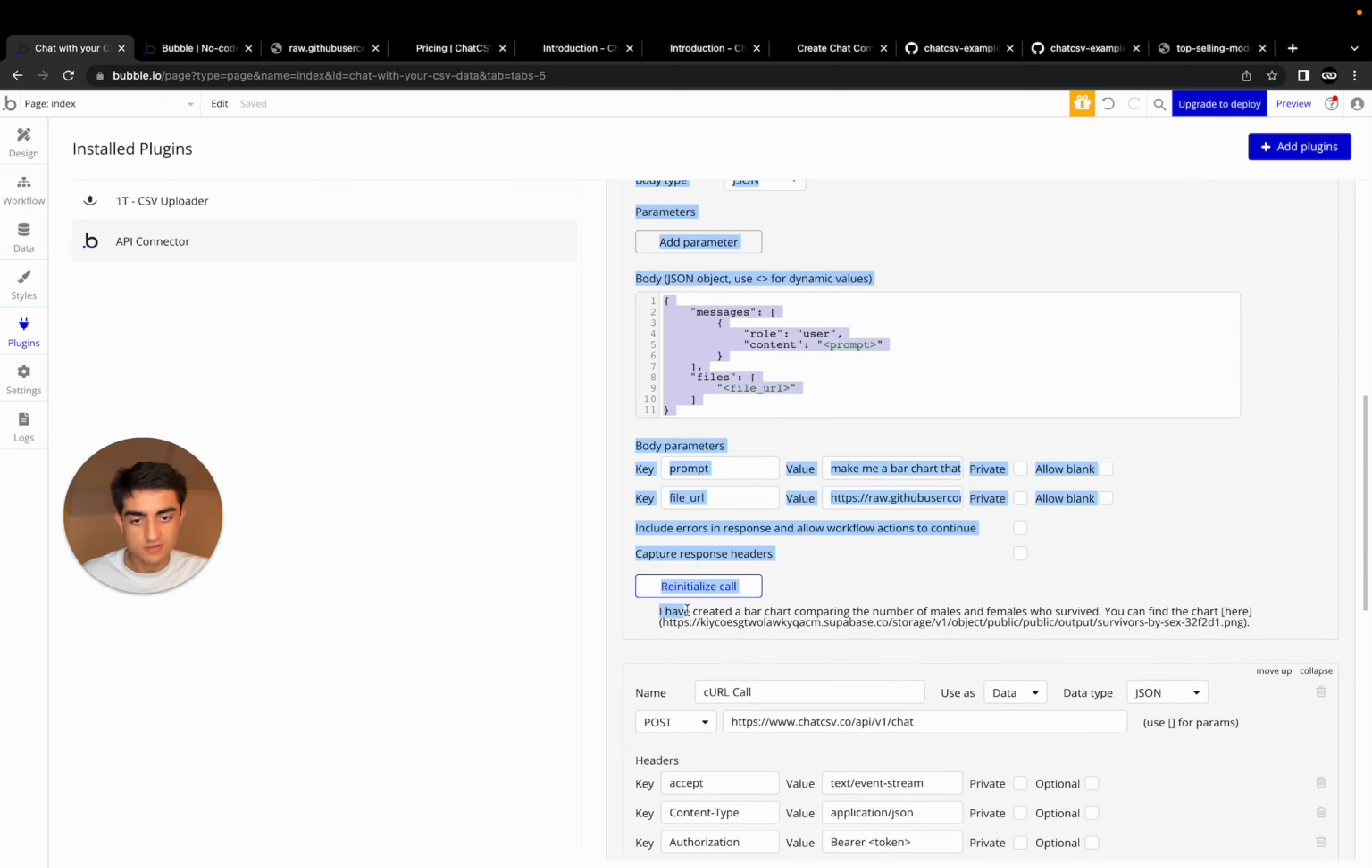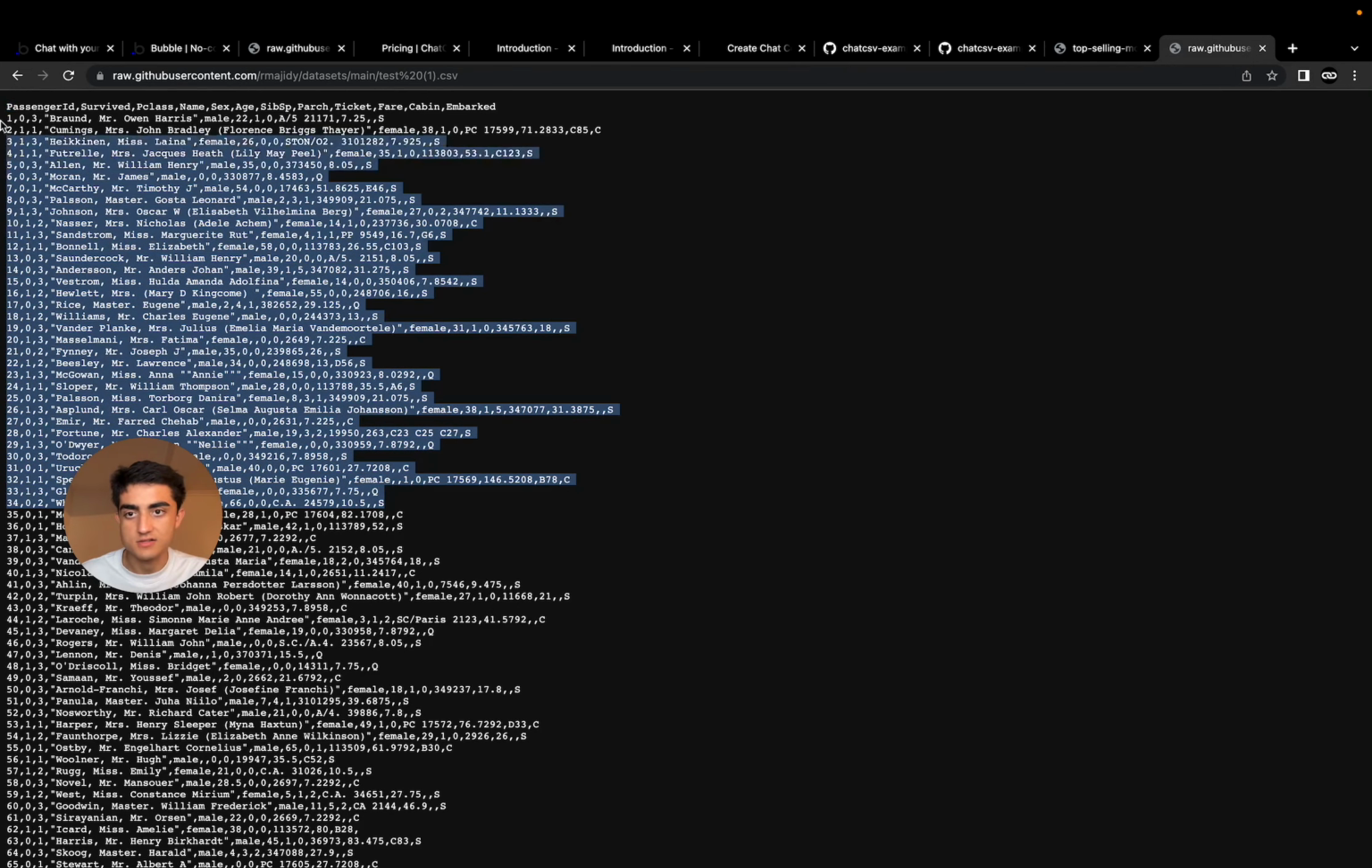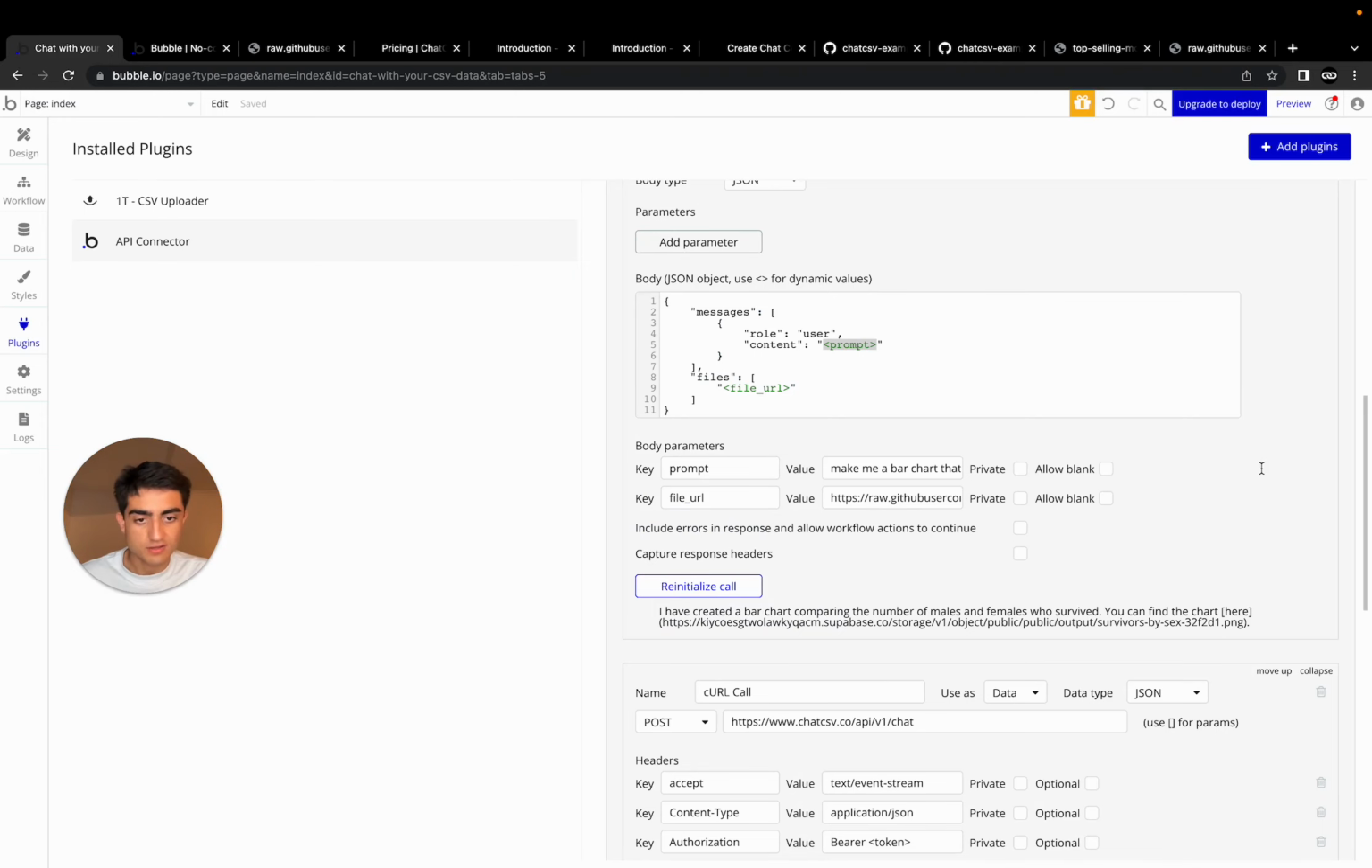So you can see it gives us the response. I've created a bar chart for the number of males and females who survived. Oh, this was with the Titanic data, I believe. It was actually used in their example as well in the documentation. So you do have to upload your file somewhere to provide it data, kind of in this format. So if we come back into Bubble,